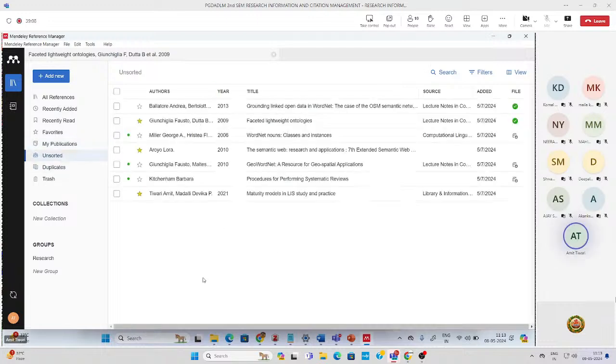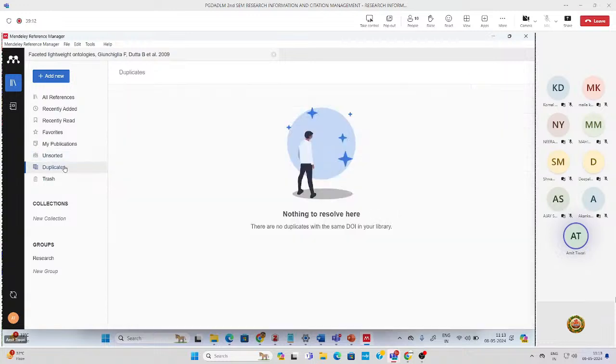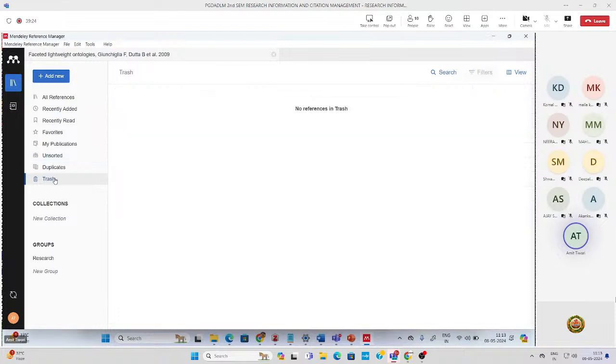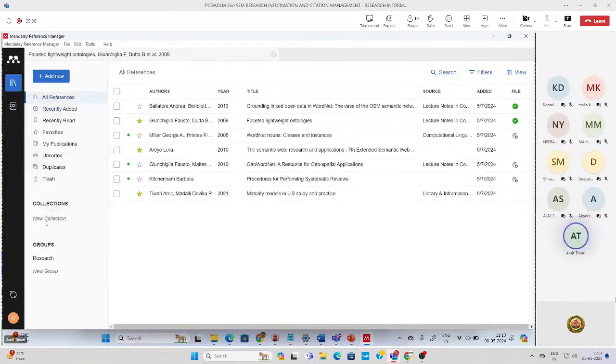And by default, since I have not sorted them, all of them are under the unsorted. Then if they find some duplicate, by default Mendeley identifies, and all those duplicates will be visible here. Then trash, of course, its meaning is very usual. If you delete something, it will go to the trash. In addition to that, you can add more tabs, or you can add more